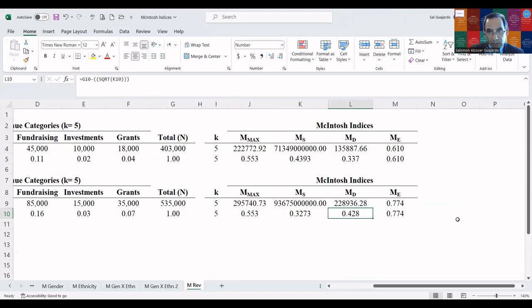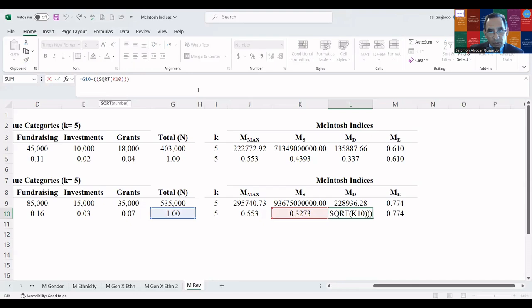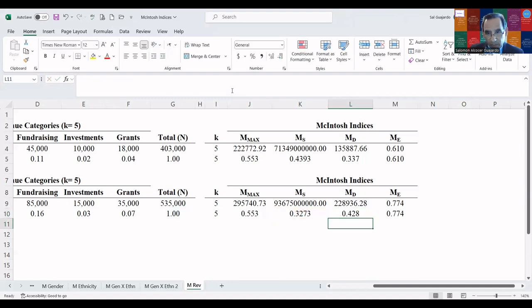To obtain the McIntosh diversity score for the revenue scenario, it is going to be 1 minus the square root of 0.3273. That diversity score is 0.428. When I take the 0.428 and divide it by the 0.553, I get a standardized or Evenness McIntosh diversity score